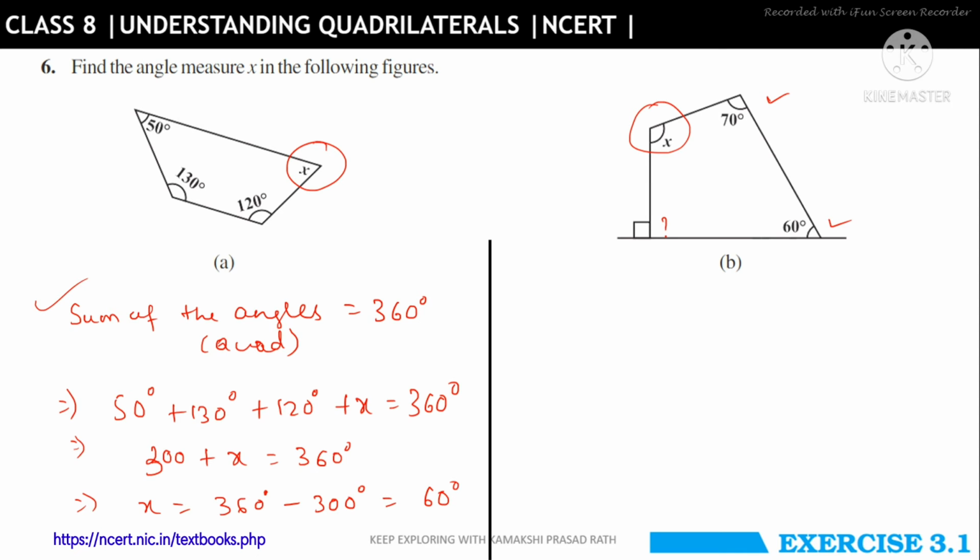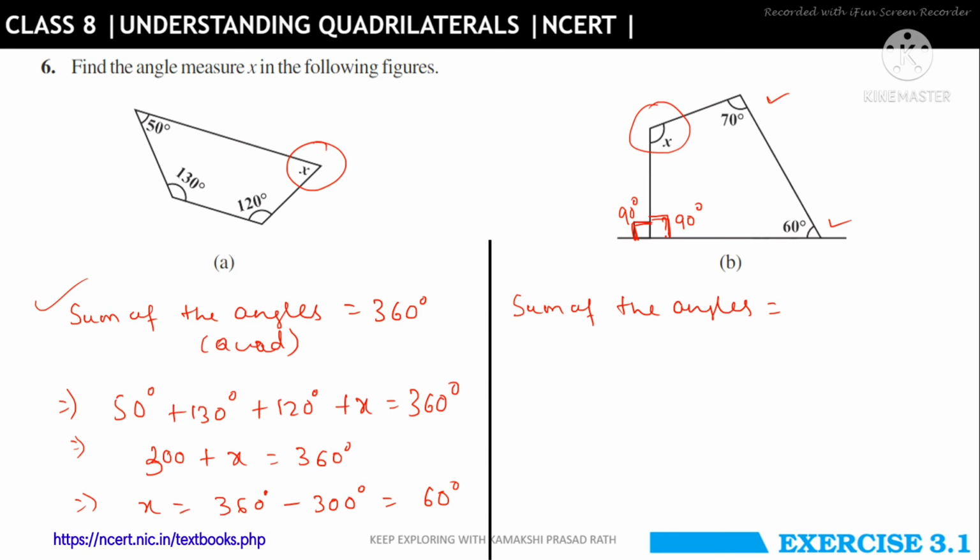As you can see here, it is a perpendicular line. That means if this is 90, as you can see from the symbol itself, the other one will also be 90 degrees. They form a linear pair. Hence, now we can use the angle sum property. So sum of the